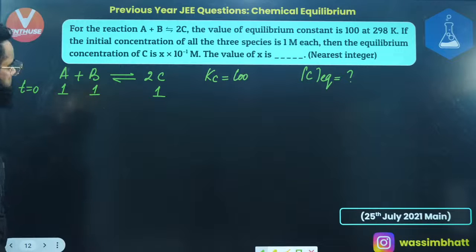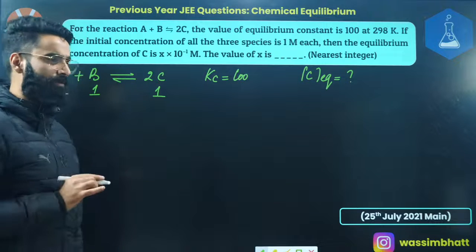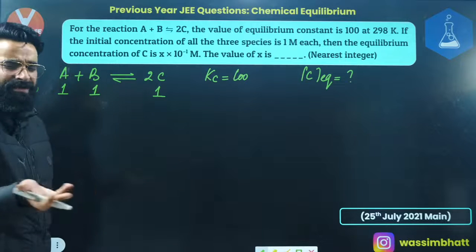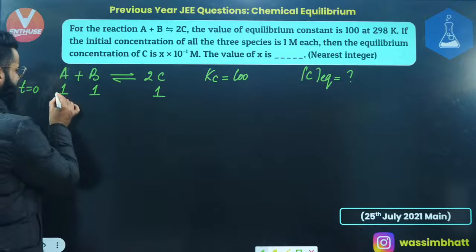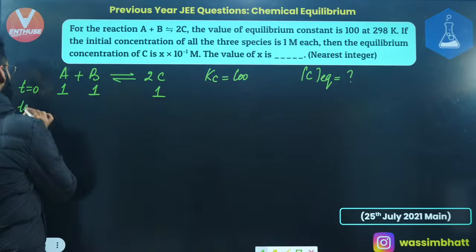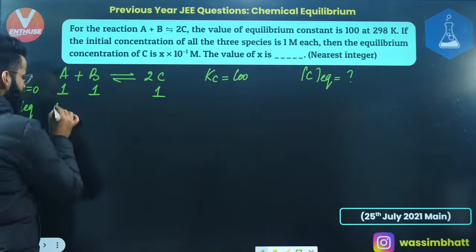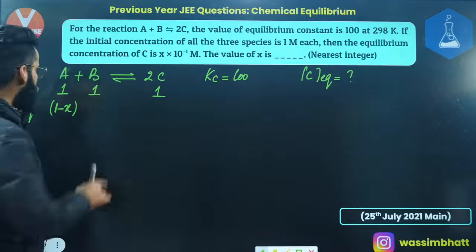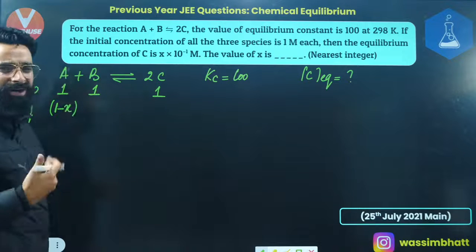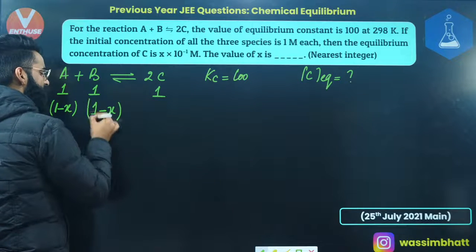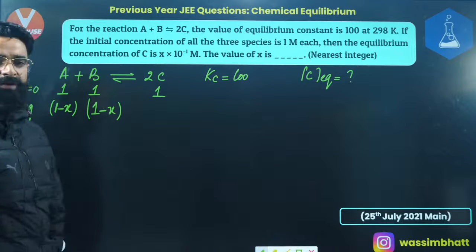Now have a look. Since initial concentration of all the 3 species, all the reactants and products, is given to be 1 molar, correct? Now I'm going to treat this concentration in the similar way as we used to treat moles, right? I'll assume these are moles of A, these are moles of B, these are moles of C at time t is equal to 0, right? Let's assume at equilibrium, out of 1 mole of A, some X moles have reacted. So I'll be left with 1 minus X moles of A at equilibrium in the container. Now 1 mole reacts with 1 mole, so X moles of A are going to react with X moles of B. So I had 1 mole of B, and out of 1 mole, some X moles are reacting, so I'll be left with 1 minus X moles of B at equilibrium.